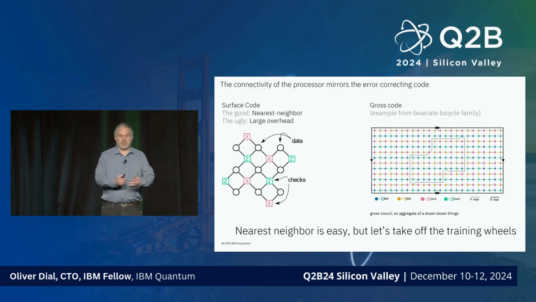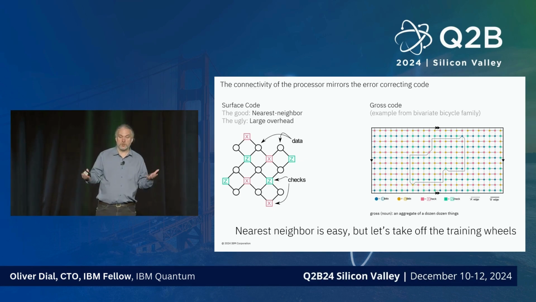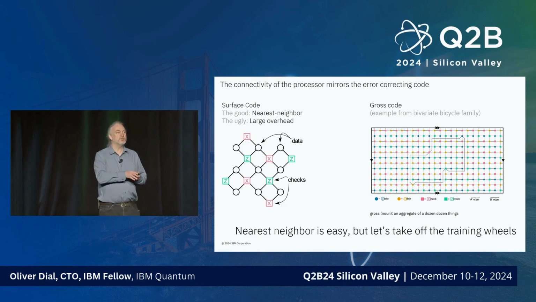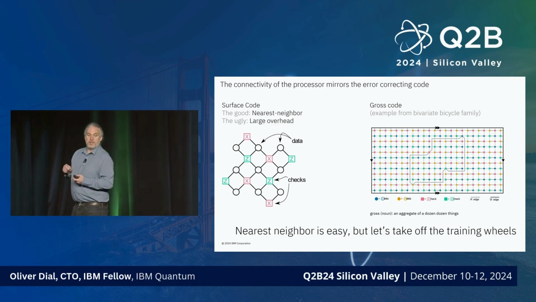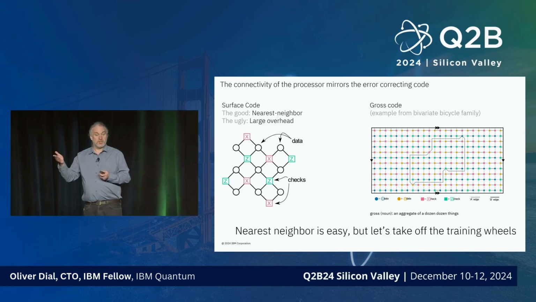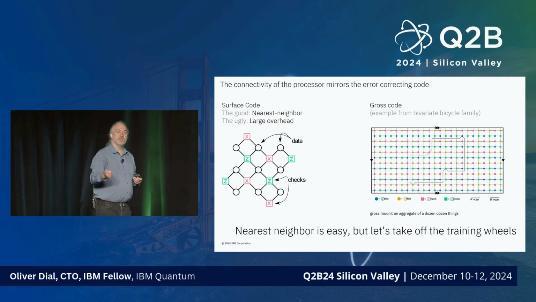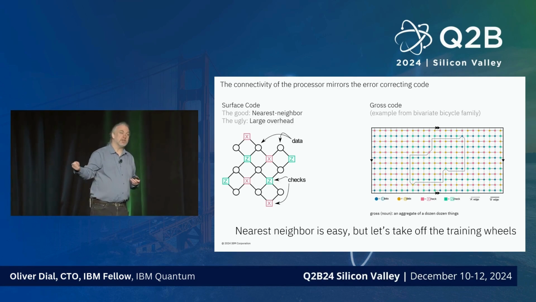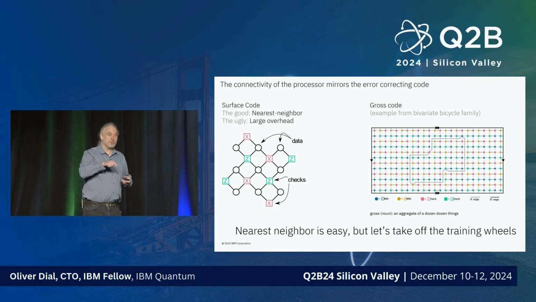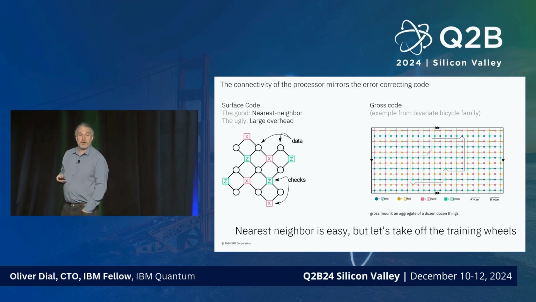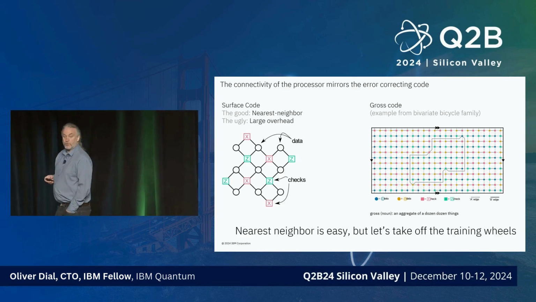In this code, we take the planar checks that were present in the surface code and we add to them, for each qubit, 2 long-range connections. So each qubit is connected to 4 nearest neighbors, plus it has 2 highway overpasses that go to a completely different part of the chip. That breaks this nearest neighbor local 2D connectivity, and so it requires 2 things that have not been in anyone's processors to date. First of them is degree 6 connectivity. Each qubit now has 6 neighbors, 4 in the plane plus 2 long range. And the second is that it requires this breaking of the plane,